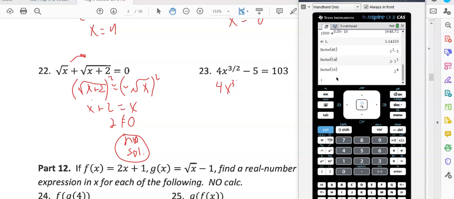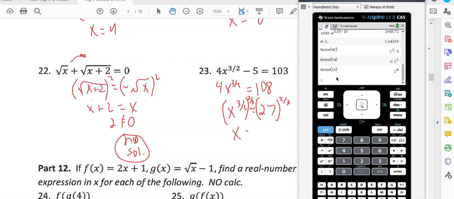4x to the 3 halves, add 5, so that'd be 108. Hopefully I can do that. Divide by 4, so x to the 3 halves. Divided by 4 is like dividing by 2 twice, so that'd be 54/27, I think. Okay, so now we're going to put this to the reciprocal power. So this is going to go to the 2/3 power,